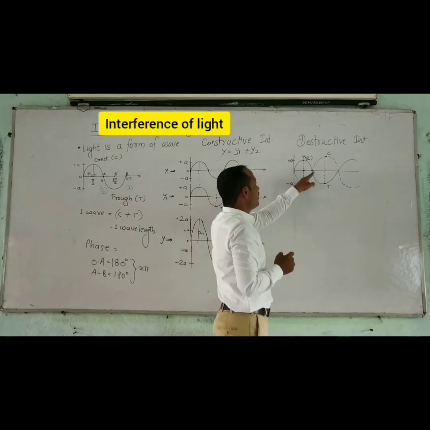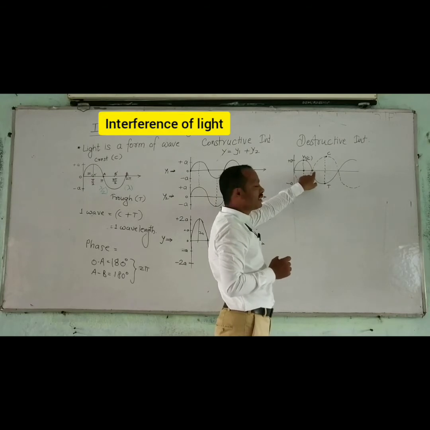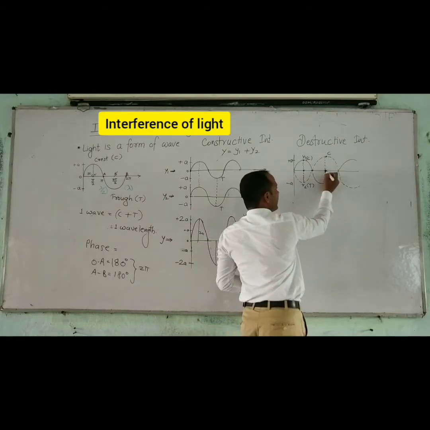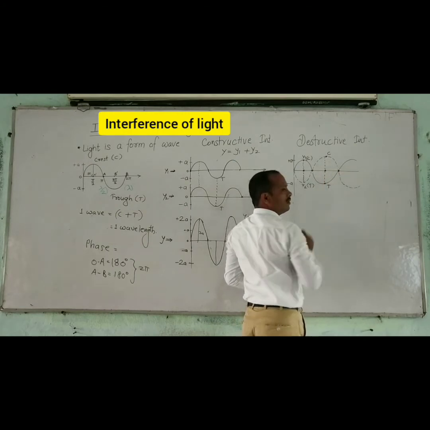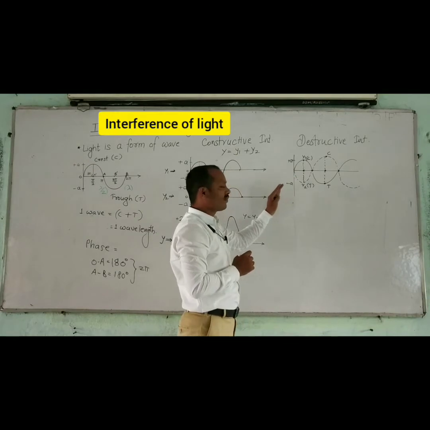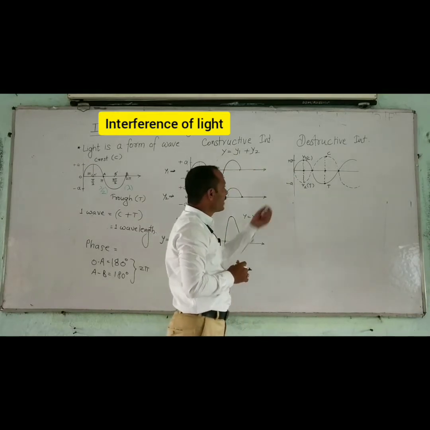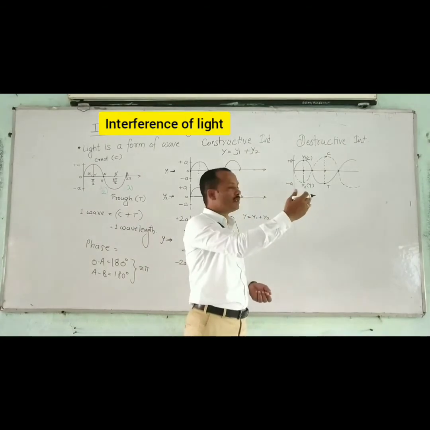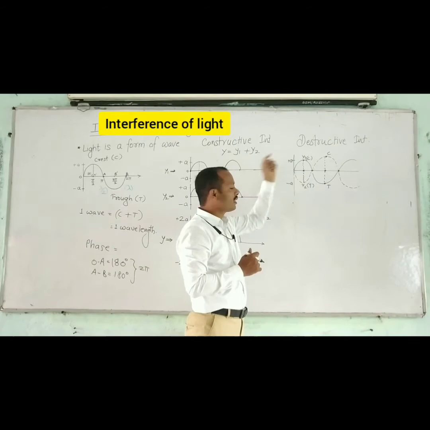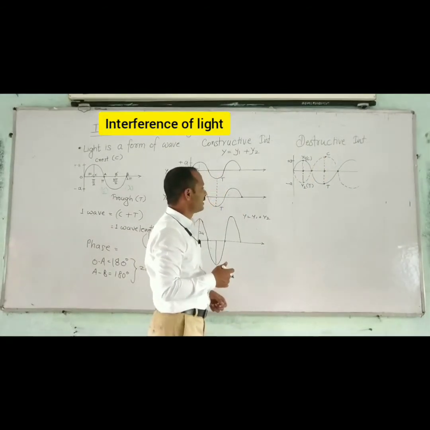Plus a minus a we get 0. Where both waves meet, a node is formed here. The amplitude is 0 here. 0 plus 0 we get 0. Plus a minus a we get 0. 0 plus 0, 0. Okay. Therefore, in the destructive interference and in this example, there is no energy because plus a cancels the minus a, or minus a cancels the plus a. Therefore, we get destructive interference of light.